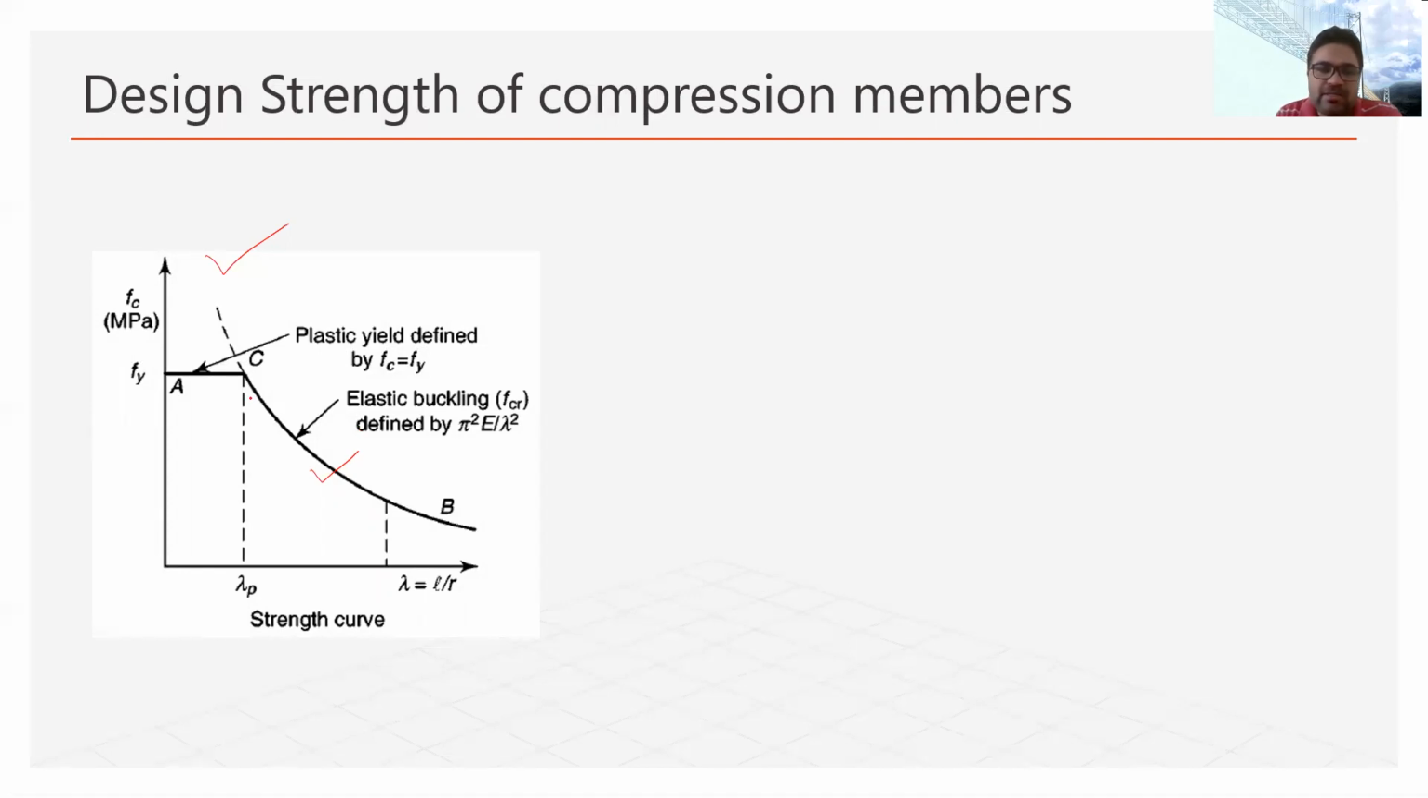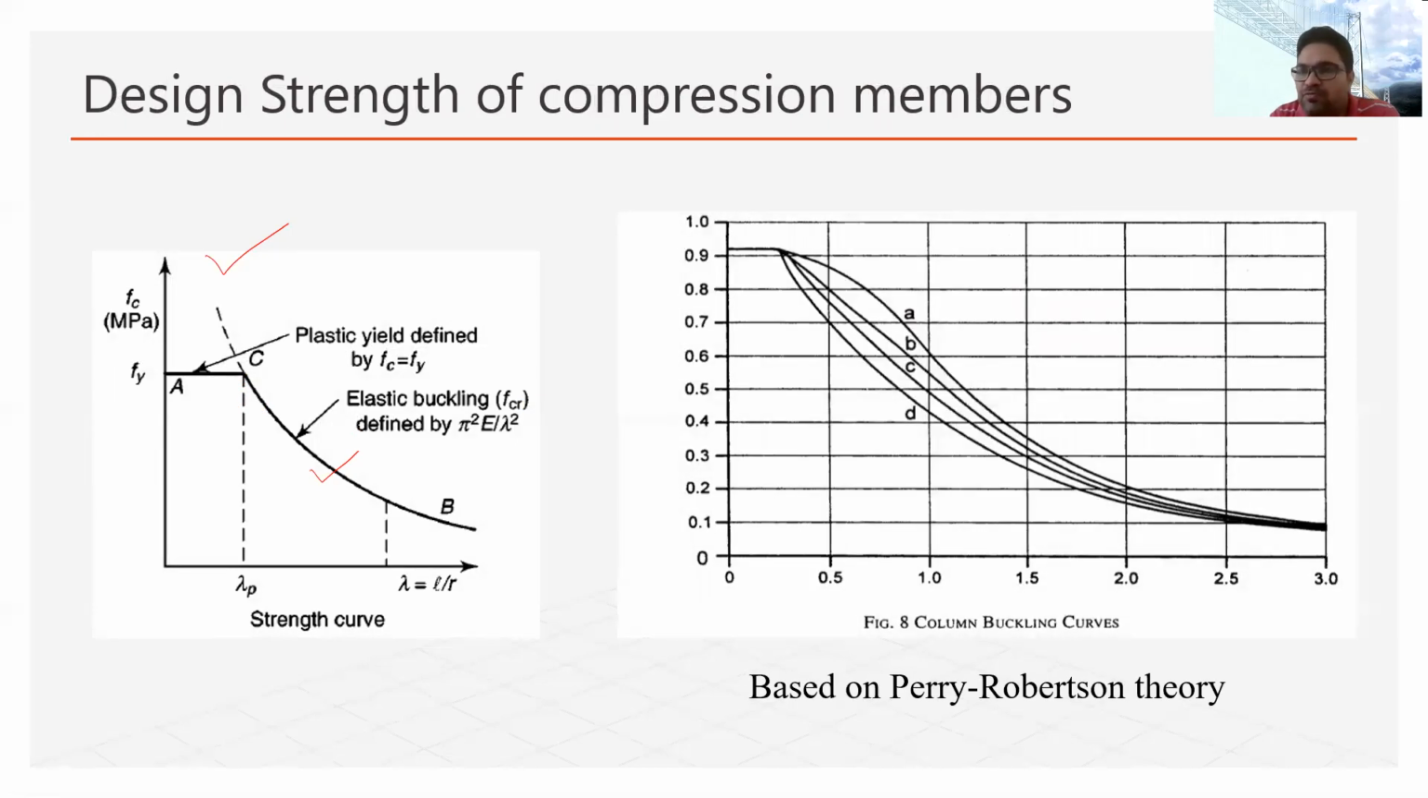And because of that, some scientists and organizations have conducted experiments on the buckling of columns, and based on those experiments they developed different curves. There were at least 1,000 curves, but those 1,000 curves were actually converted into four categories of curves. So in this case you can see